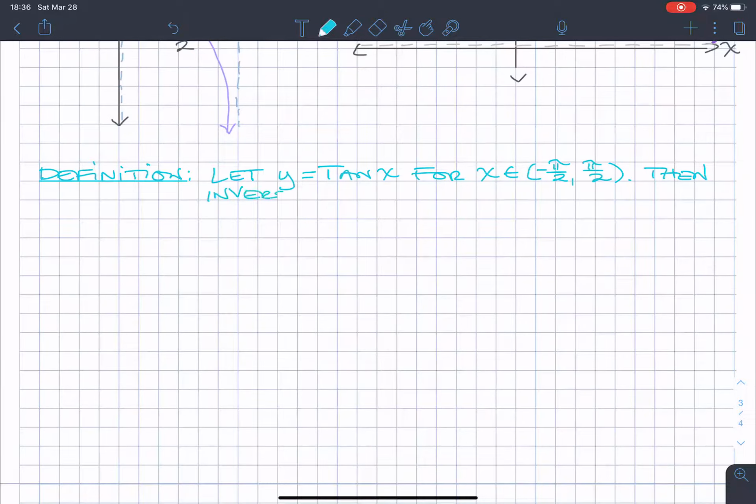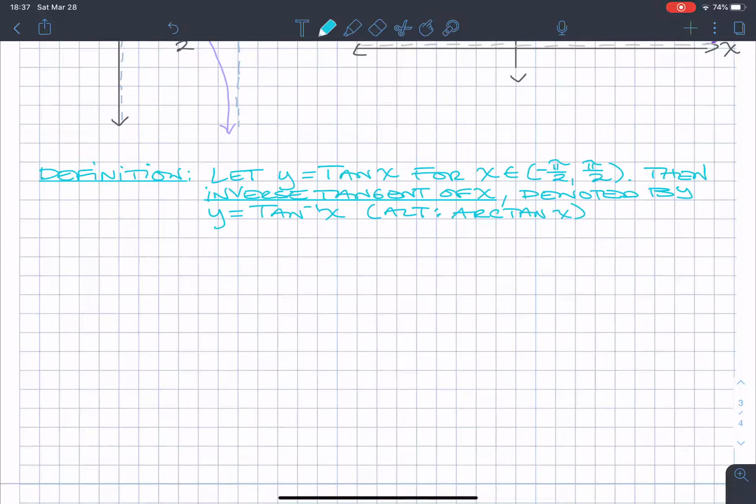So inverse tangent of x, inverse tangent of x denoted by y is equal to inverse tangent of x, or alternately we can write it as arctangent, A-R-C-T-A-N of x, has domain,